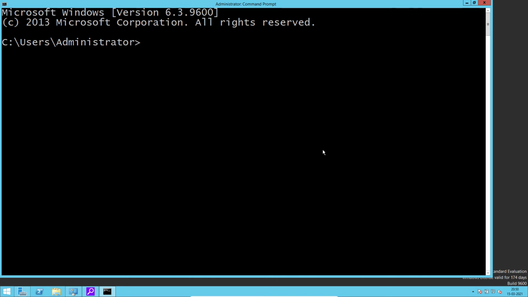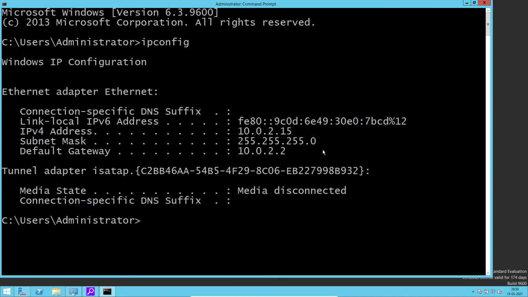Okay. Now what we are going to see, we are going to check the IP address of the machine. So the command is ipconfig. Student, if you have not watched my video of the commands, I have one dedicated video in which I had explained all the commands. So watch that. One of them command is ipconfig /all. It's okay if you don't give /all. See student, what is the IP address of my server? You have to check this IPv4.